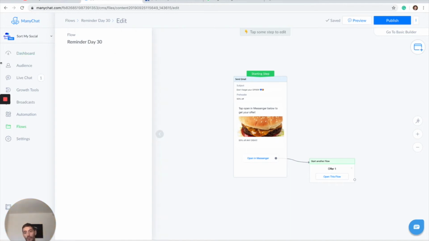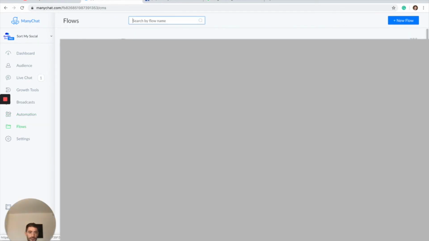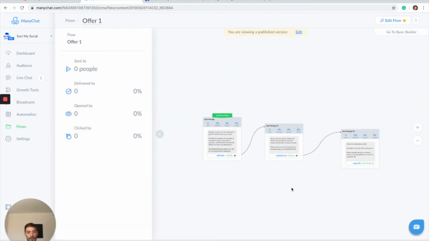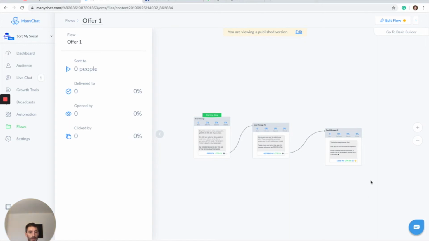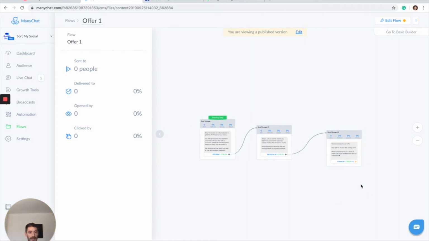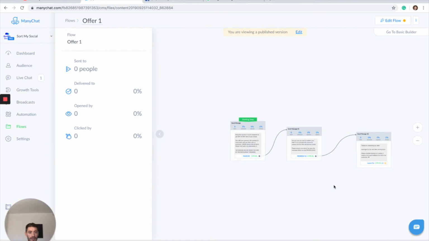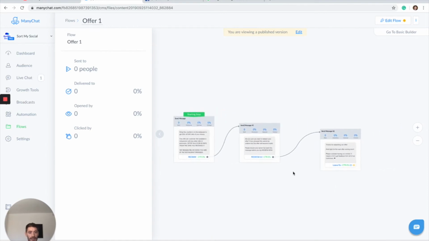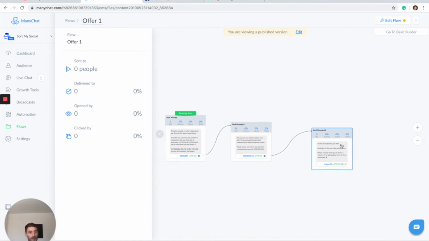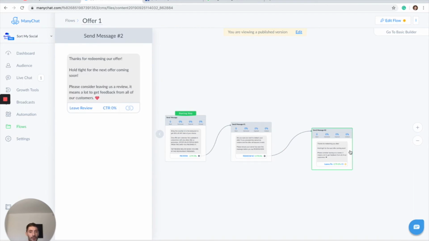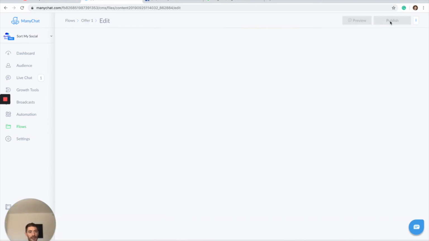But what I'm going to do now is go back over to our flow page, and go back to our offer. What we need to do here is add a tag when someone has completed the redemption. The best place to do that is on this last bit, because once this final redemption's fired and it goes to this message, we know that they've actually come in and redeemed the offer. We fired them the review request as well. So if we click on edit,